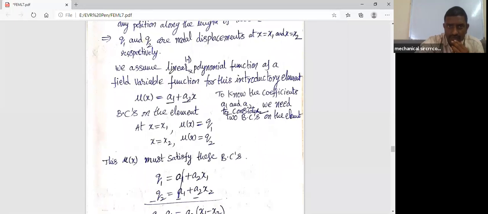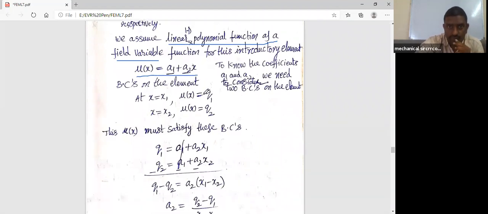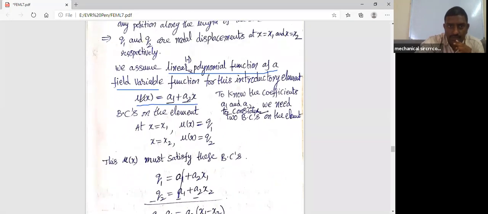So we assume u of x is a linear polynomial function, a one-dimensional polynomial function, as a field variable. Therefore u of x is equal to a1 plus a2x. In this function, we need to find the coefficients a1 and a2 using boundary conditions